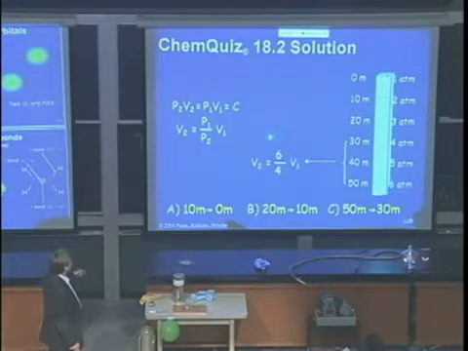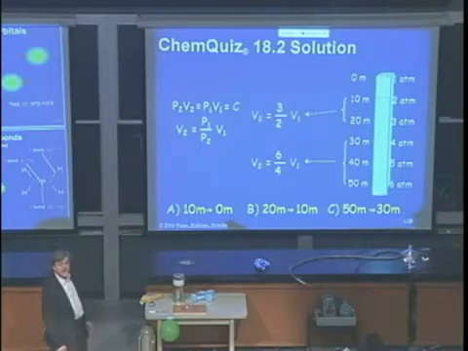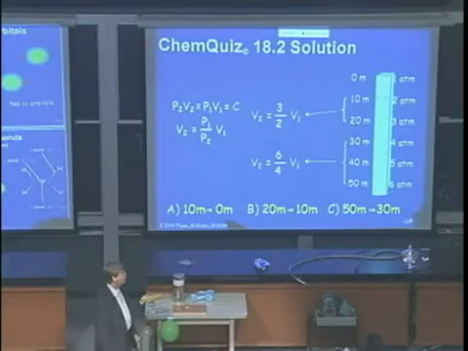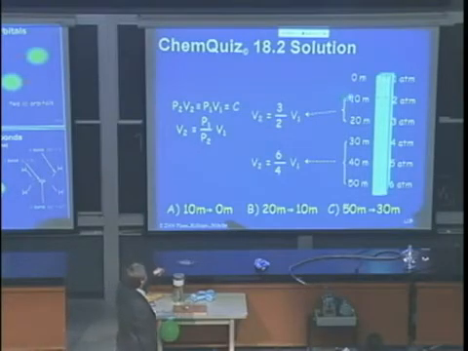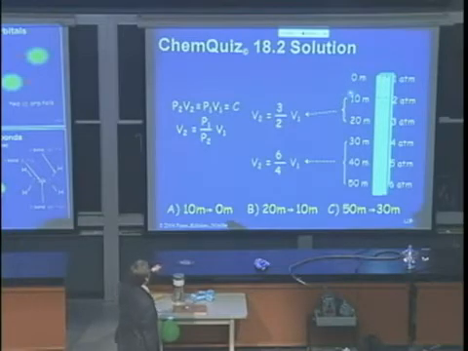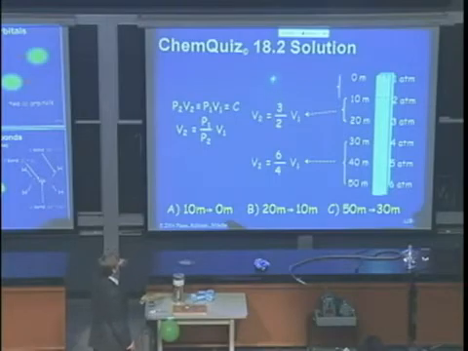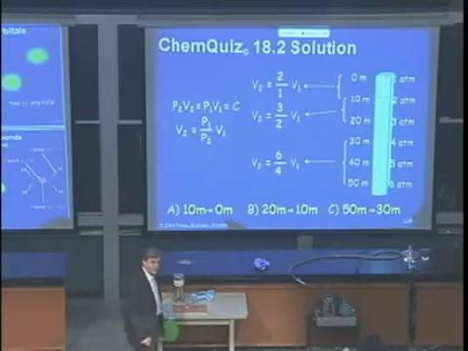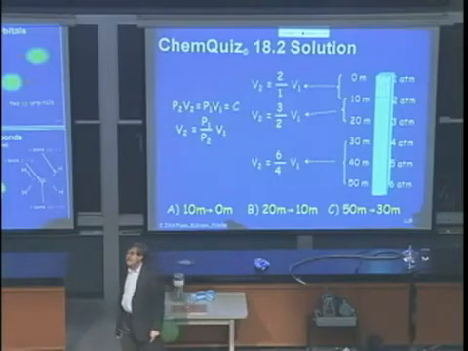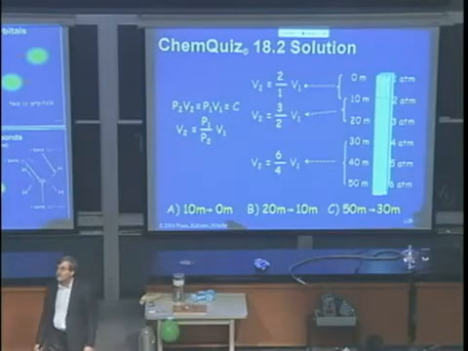What is that? 3 divided by 2, 1.5. It's the same, okay? But if you go from 10 meters to 0 meters, to the surface, what would that be? That would be 2 divided by 1, and you have now twice the initial volume. And with this, of course, you don't hope that you hold your breath when you come up to the surface,